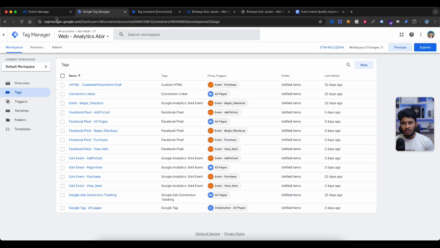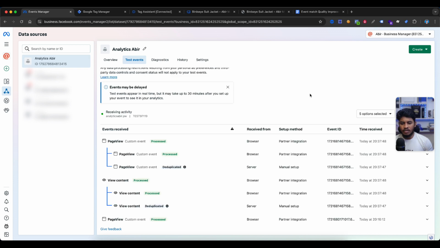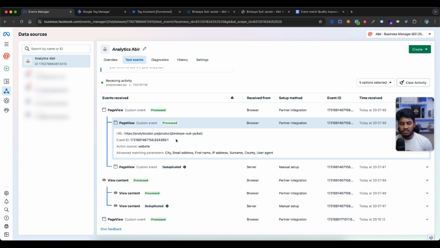Now if I go to the Event Manager, we just have to wait to receive some events. After waiting a minute, you can see the Event Manager is collecting the events from the website, and it is showing them as deduplicated. Now if I select any page view event from the browser side,